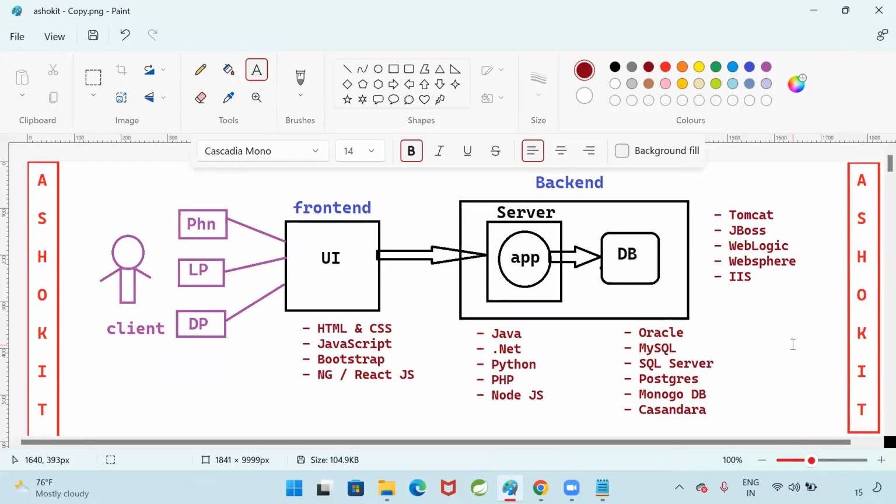That's fine. Next one, in order to run our website, we need some server. What are the servers available? Tomcat is available, JBoss is available, WebLogic is available, WebSphere is available, Glassfish is available, IIS is available. When should we go for the IIS server? Only for .NET, a Microsoft product. .NET is developed by Microsoft. If you are working as a .NET developer, your .NET project should run in the IIS